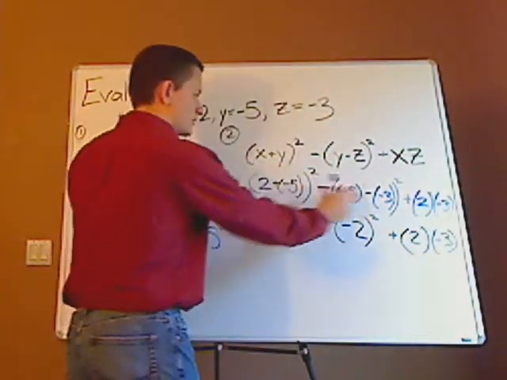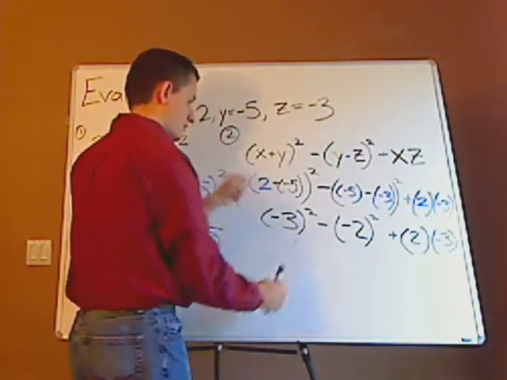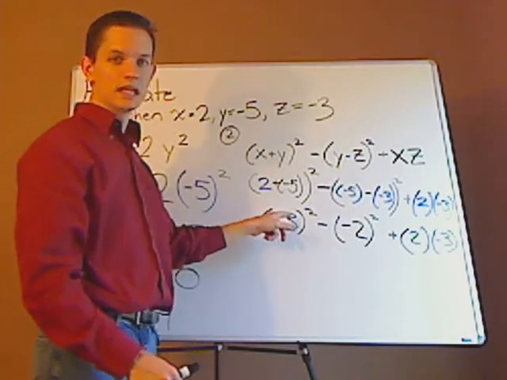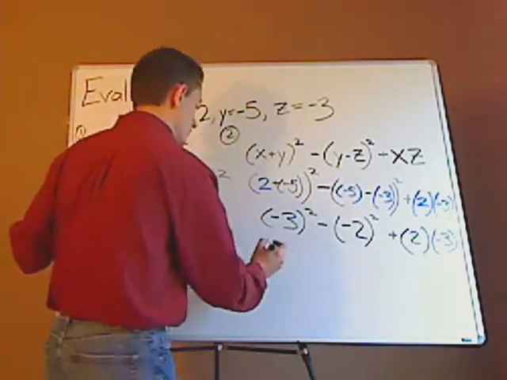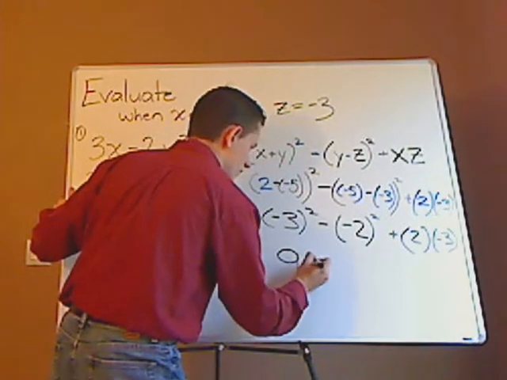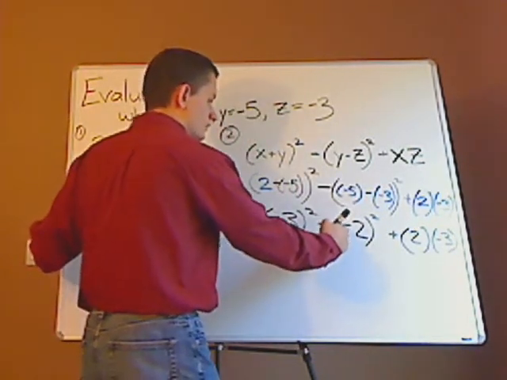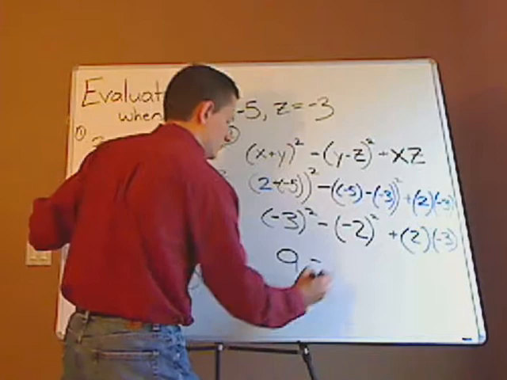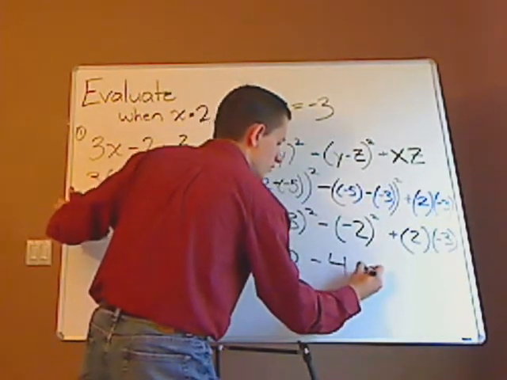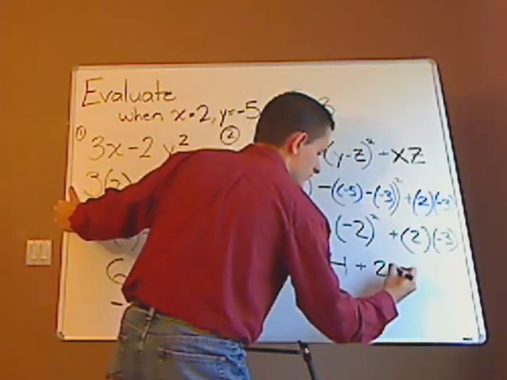Right, so you did the parentheses first, now you do the exponents. What's -3 squared? 9. Minus, what's negative 2 squared? 4 plus 2